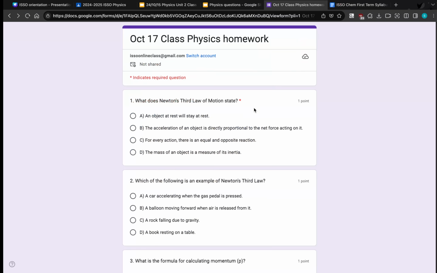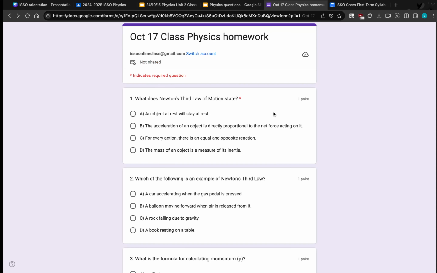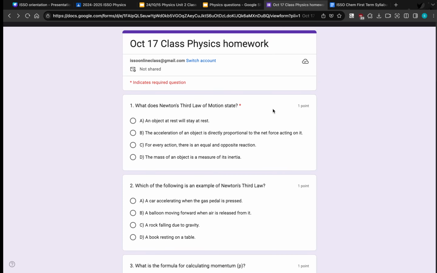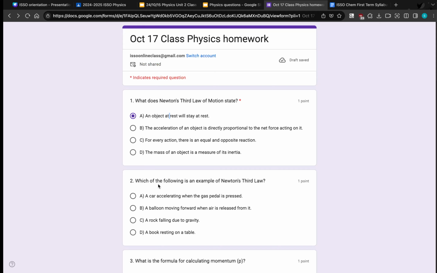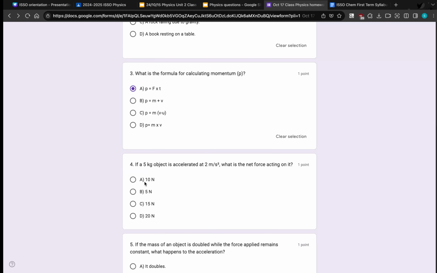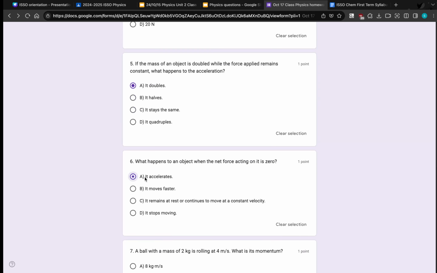And let's finally take a look at the physics homework from last year. So the physics homework, all the homeworks are going to be given in the same way. We're going to give it to you in a Google Form, and you're going to choose all the answers. So I'll just do a trial and choose all the same answers to show how it works. So if I choose all the answers, it's going to